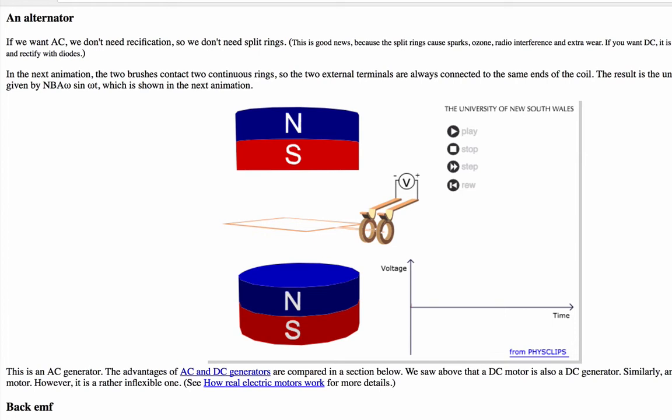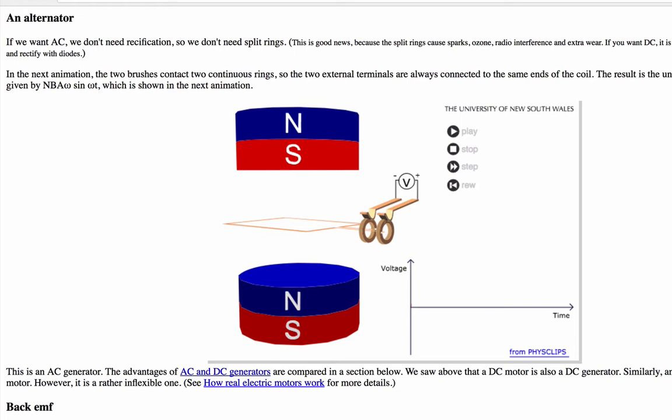So every motor, in fact, could work as a generator. If you were to make the loop turn yourself, you would get voltage output. And if, instead of that voltmeter there that's measuring the voltage output, we were to make that a voltage supply, then that would be making this coil turn and it would become a motor. So when it's acting as a generator, what we have to do is make the loop turn by mechanical